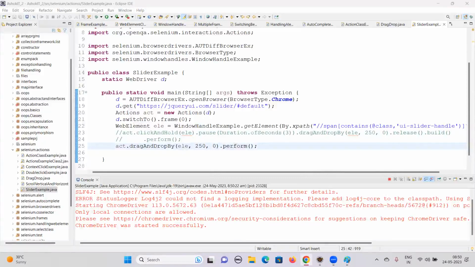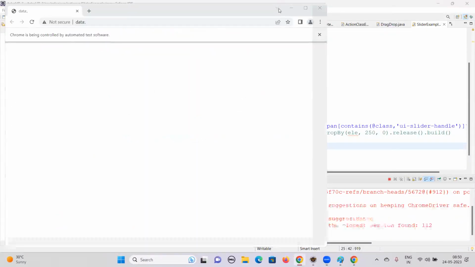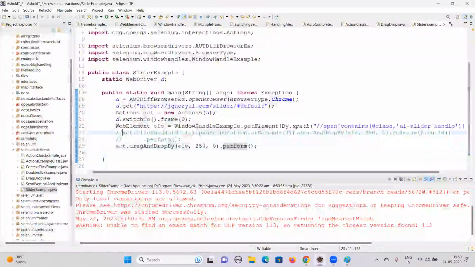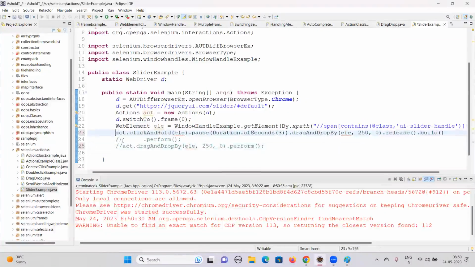So here what we can do is, now you see, it dragged and dropped it. So this is one way of doing it. The other way we also try is to just use this and drag and drop the element. So pass. And if you want to move to that particular area, for example, let us say,